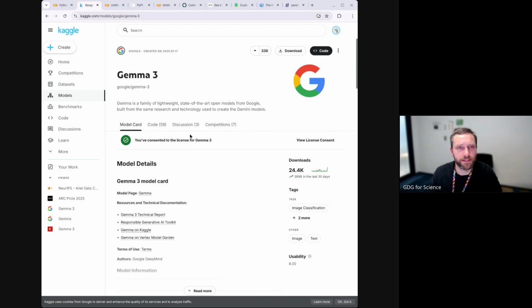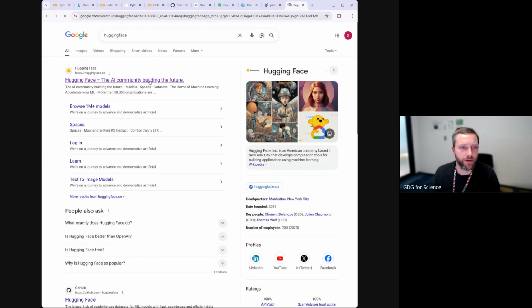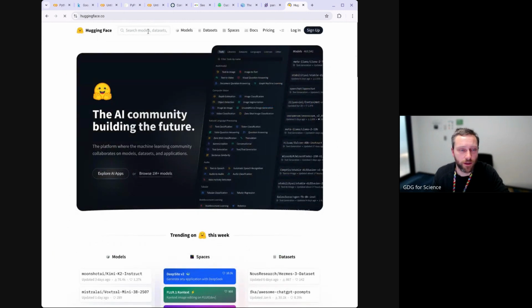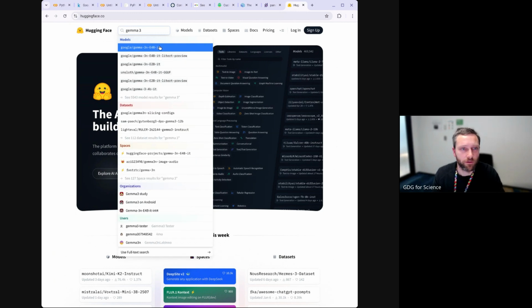And so Kaggle's one place. Another site that is quite common is Hugging Face. So Hugging Face is all about models as well. So you can download Gemma 3 from there as well. Yeah, so Google Gemma 3,